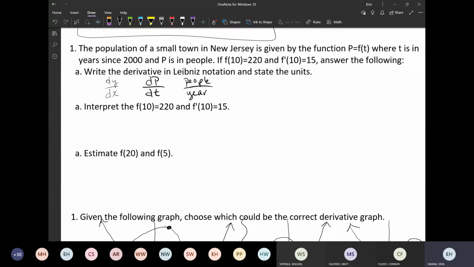So remember, the f of 10 being 220 is just a normal function statement. It's not a derivative at all, so we don't need any of that fancy derivative hoopla. So we would just say this is 10 years since 2000, 220 people. So in 2010, the town has a population of 220